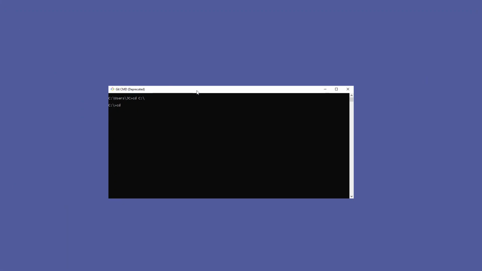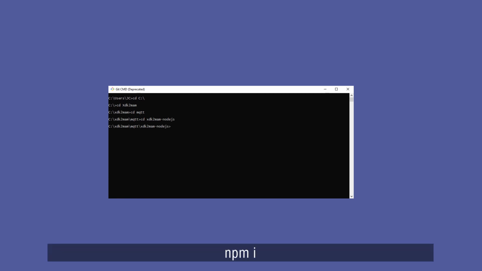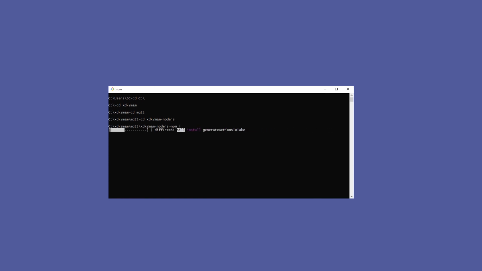Tangle. So, in order to do that, we'll have to access the Node.js folder from the command line, XDK2MAM, Mosquito, XDK2MAM-Node.js. Now we type npm, which stands for Node Package Manager, -I. And this is going to install all dependencies needed for the XDK2MAM solution to work. So you may get some warning or notice, but as long as we don't get any errors, we can run